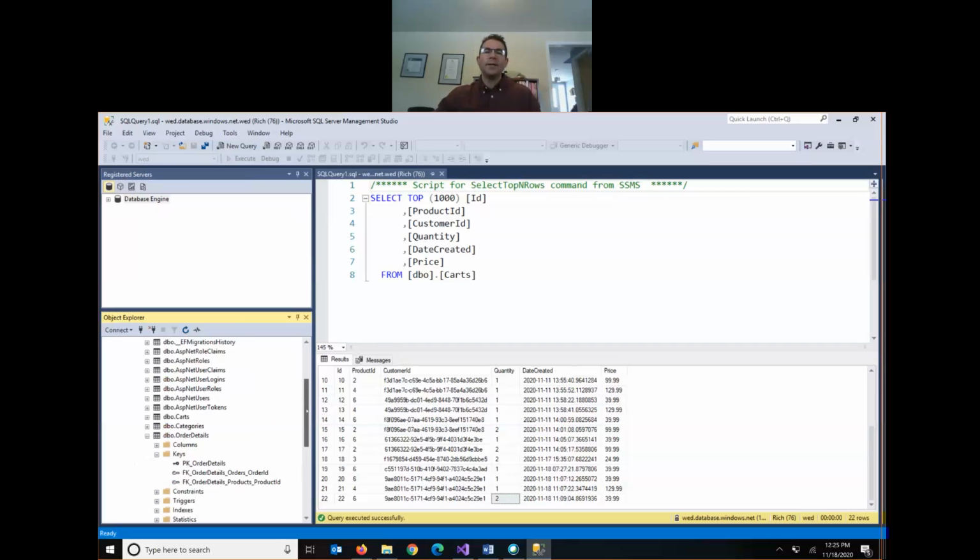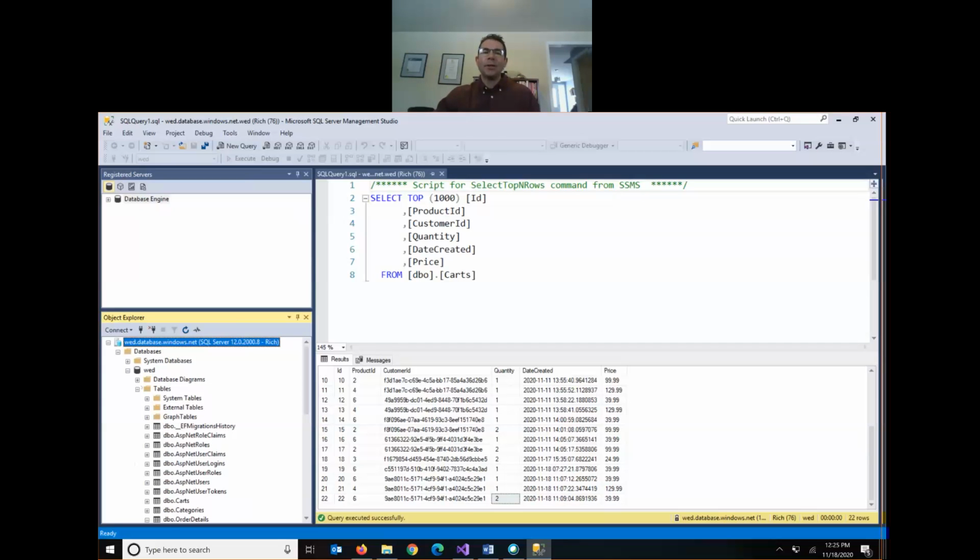So if we look at the relationship, our order details really serves as a junction table. It sits in between the products table and the orders table because products and orders have a many-to-many relationship. One order has many products and one product can be in many orders. So the order detail uses both as foreign keys that matches up which product is in which order. And